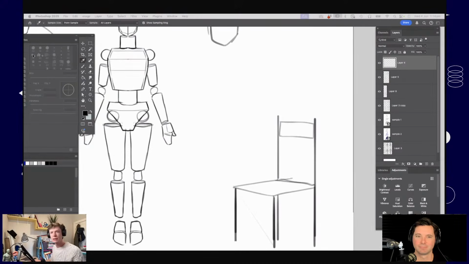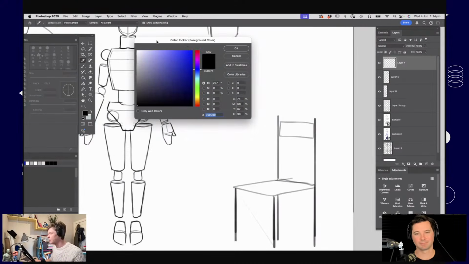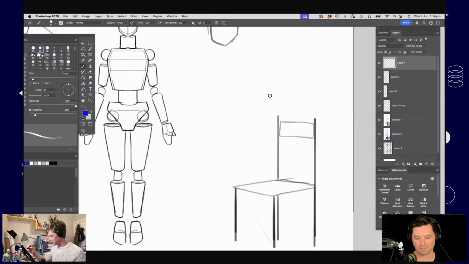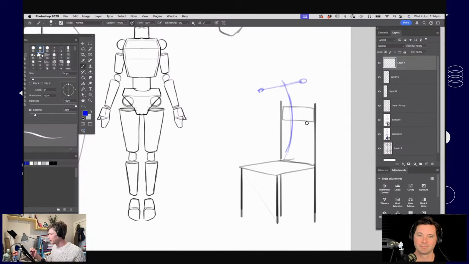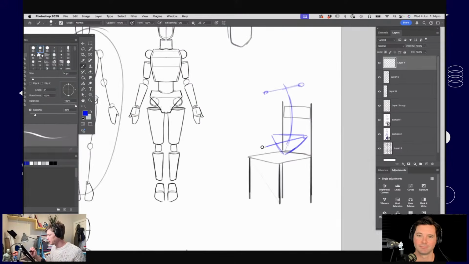I'm just going to change the color of my brush so you can see what I'm doing. So let's go with blue. But let's start with those really simple lines again. So I'm going to start with a line for the shoulder and a line for the spine. I know our figure's sitting in the chair, so I'm going to start with a sort of triangle for the pelvis there. And I'll extend some lines out from the top of the pelvis for my legs.